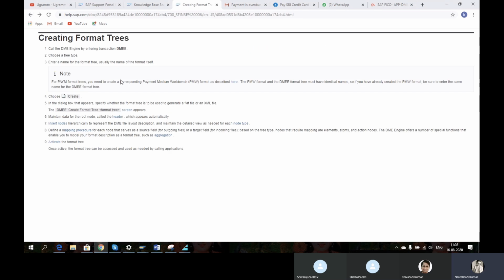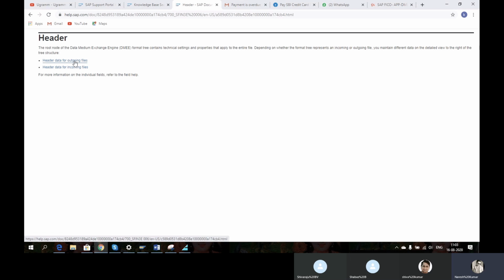So now let us go with header. Header for outgoing files, header data for incoming files. Header contains technical settings and properties that apply to the entire file for incoming and outgoing files. Definitely they will ask you about header data.